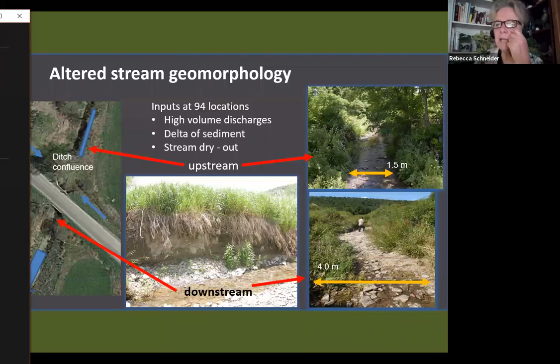We are documenting now how significant this effect is on the stream itself. On the right, you're looking at the stream above where the ditches enter the stream. And below, on the lower right, is what the stream looks like after the ditches have entered. It has widened and scraped out the stream just due to the ditch flow. That's only a distance of about 30 feet. Normally, what you see in the top corner, that's what the whole stream should look like. Instead, it's scoured out during storms and totally changes the ability of the stream to carry water, to have fish, to have invertebrates.